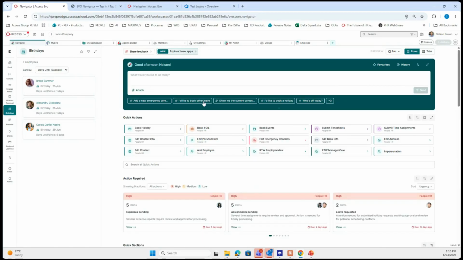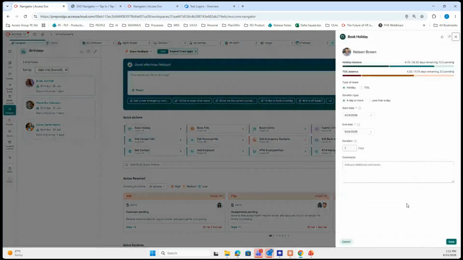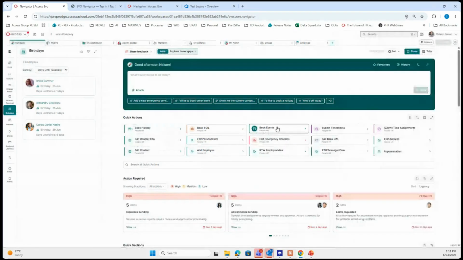Also, I want to book jury duty for tomorrow, for example, and it will come back with the right interface, so you can do it this fast. Book holiday for next week. It pre-fills the start and the end date, and you're done. So booking holiday, toil, other events,